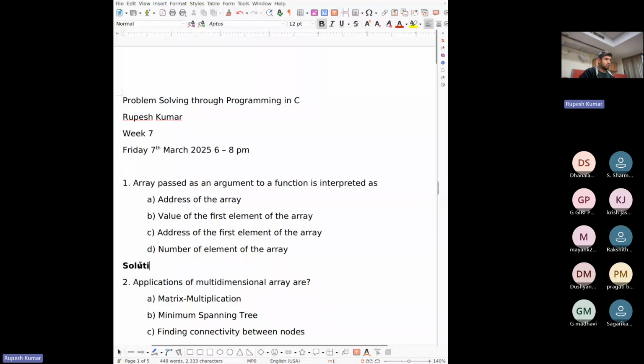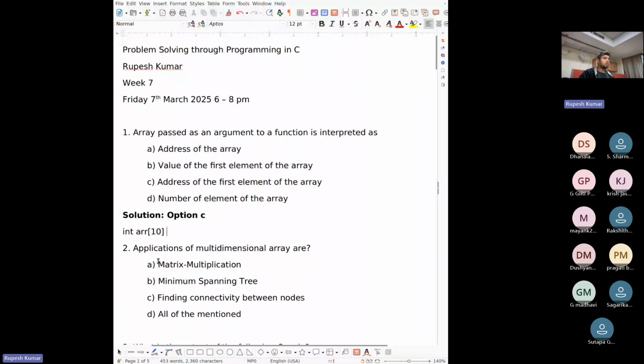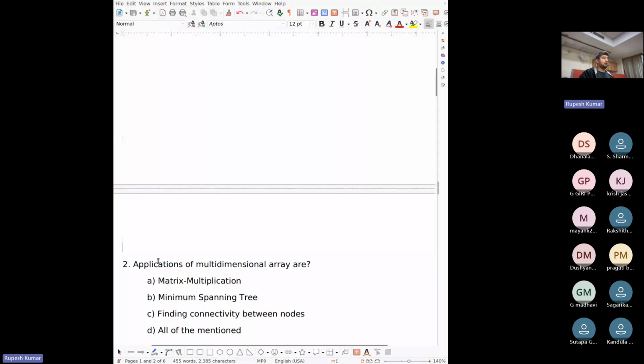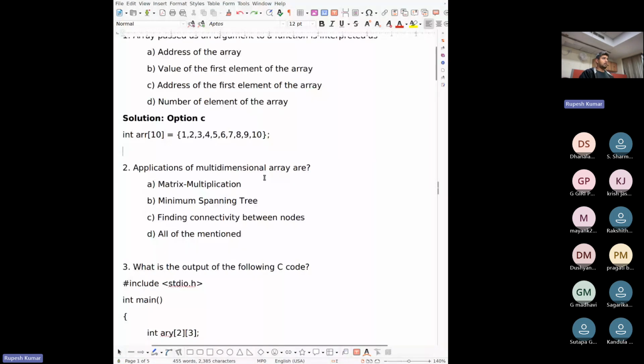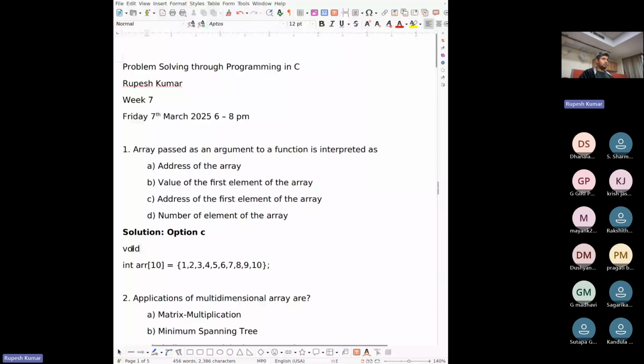So option C. For example, I'm declaring an integer array. Let's say I have an integer array containing 10 elements. And let's say I've defined some function, void find array sum, and you pass some array to this function.